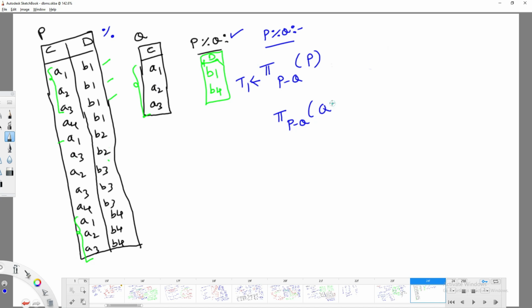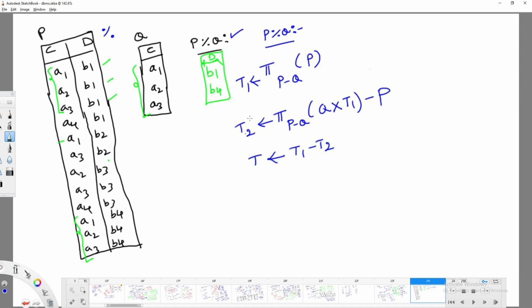Then you get the resultant table as T2. So the final result will be T1 minus T2. These are the three steps you have to perform to do the operation P modulus Q. You have to make it more understandable.